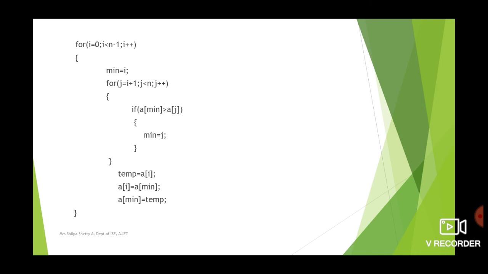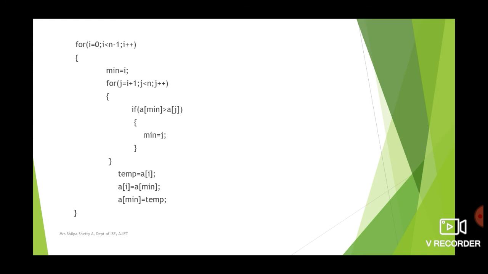So now what do we do? The element at the 0th index is compared with all the remaining elements. What are the remaining elements? That is the elements from index 1 till n minus 1. 0 is nothing but the first element. At index 1 we will have the second element. Likewise, the last element will be at index n minus 1, that is 5 minus 1, which is equal to 4. So that is this for loop. It basically indicates the number of comparisons in this particular pass.